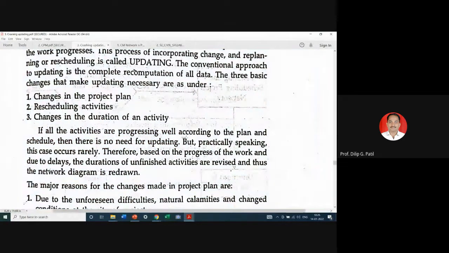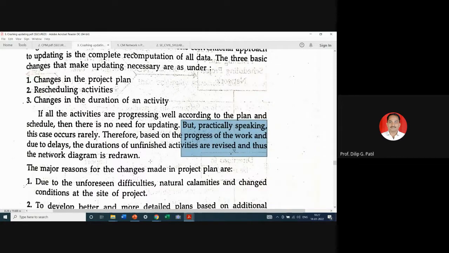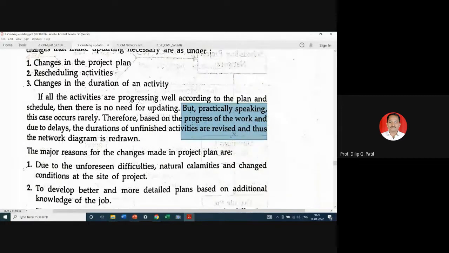Practically speaking, this case occurs rarely. Therefore, based on the progress of the work and due to delays, the durations of unfinished activities are revised and thus the network diagram is redrawn. So you can see step by step how we can reach up to finding changed project duration or changed critical